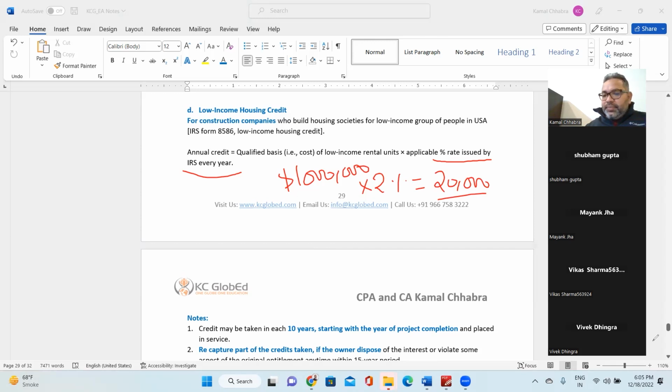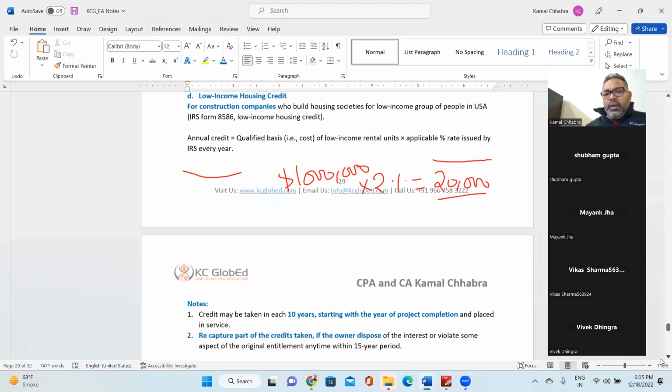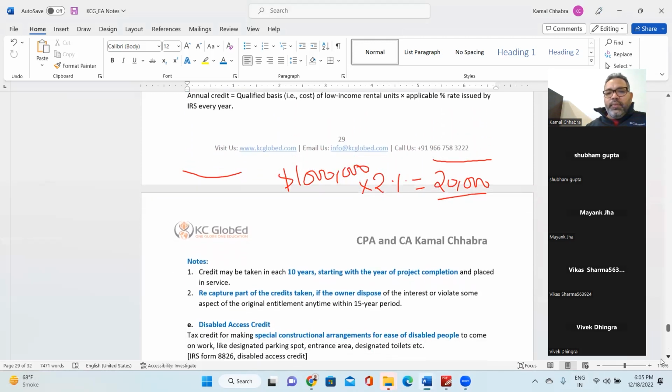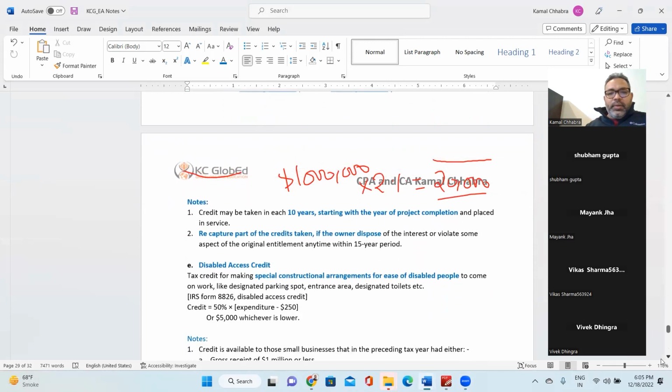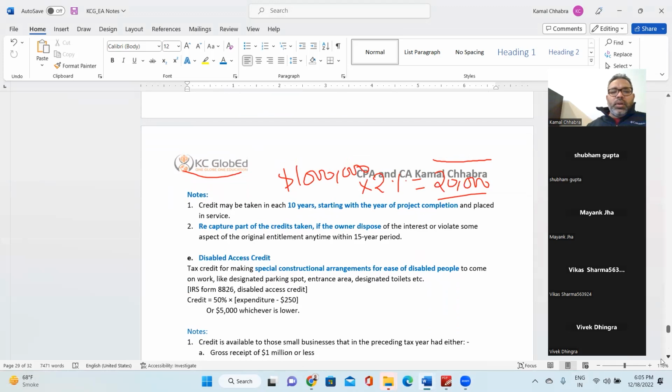Are you guys with me? Yes, sir. So how much is the tax credit available? That is the percentage defined by the IRS every year on the total amount you have spent. Right? Now, if you see note number 1,